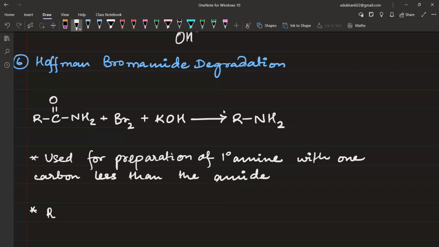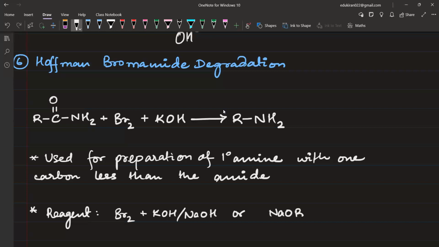And what is the reagent we are using? In the reagent we are using Br2 plus KOH, or you can use NaOH, it is the same thing. And when you react any halogen with KOH or the hydroxide of any metal, it gives you a hypohalide, a metal hypohalide. So sodium